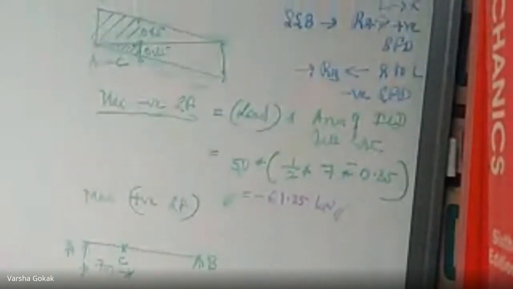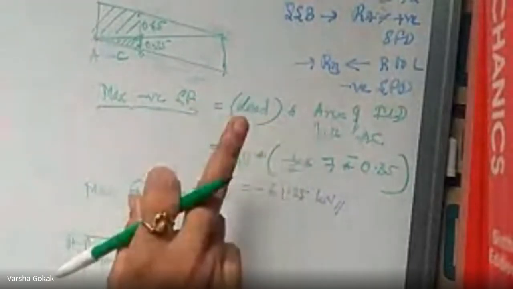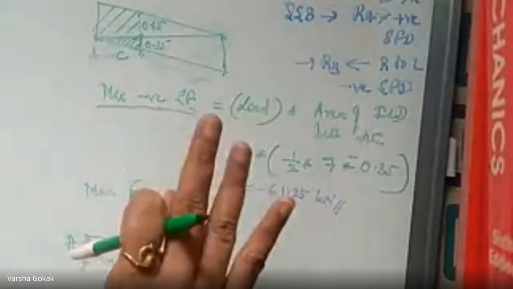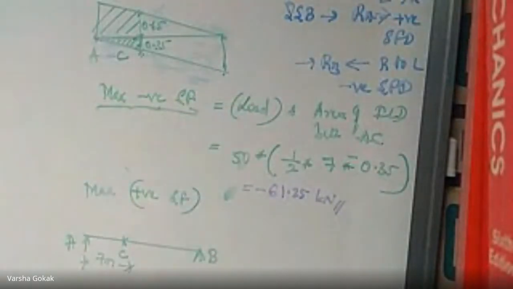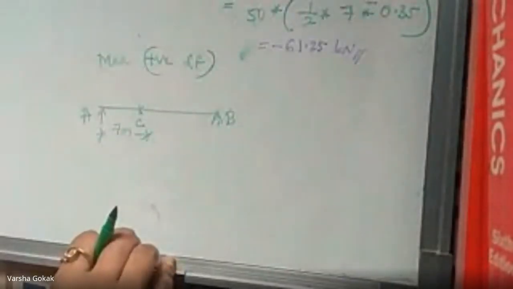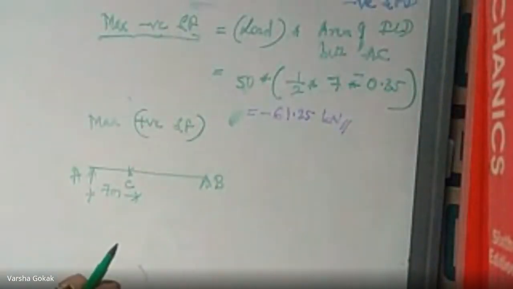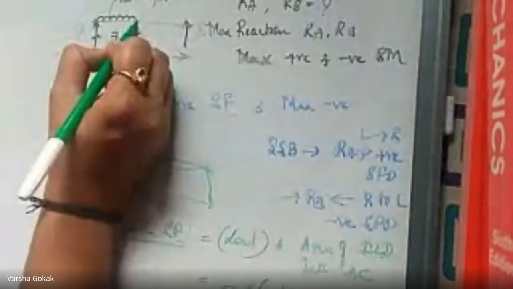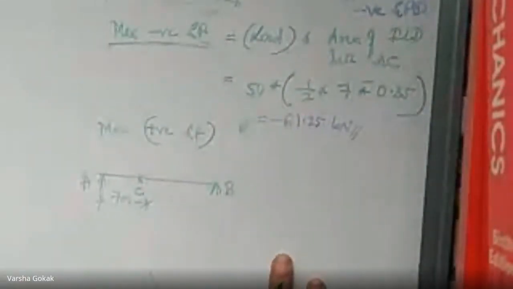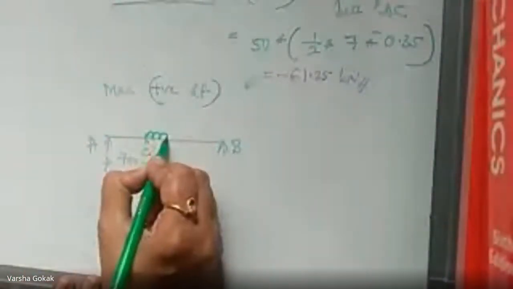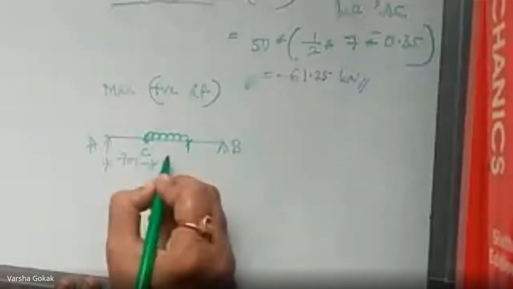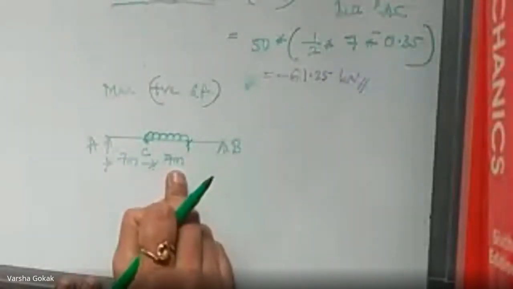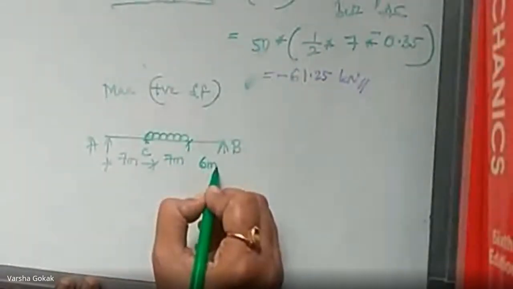And I will now tell you the question. The question says, remember I spoke of the head: calculate the maximum reaction at A and B. Fine. Maximum positive and negative shear force at point C, with the head of the UDL at point C. The UDL's head is going to be this, tail is going to be this, right? So with the head of the UDL at point C, I have to place it like this now. The starting point of my UDL becomes this, and the UDL itself is going to be 7 meters. So 7 and 7, 14. 20 minus 14, the remainder would be 6.